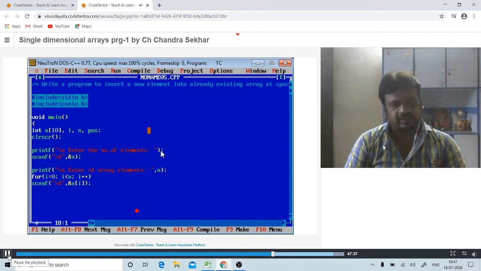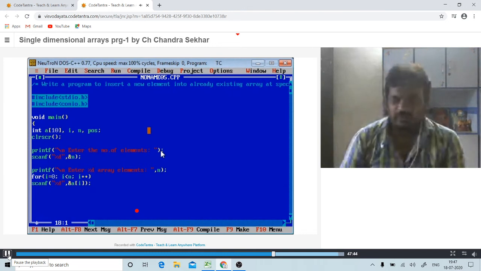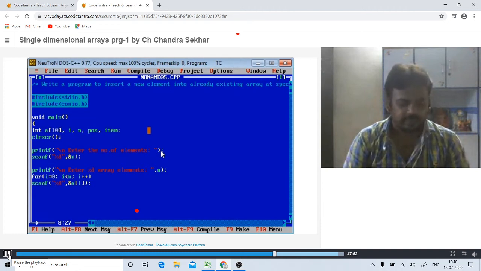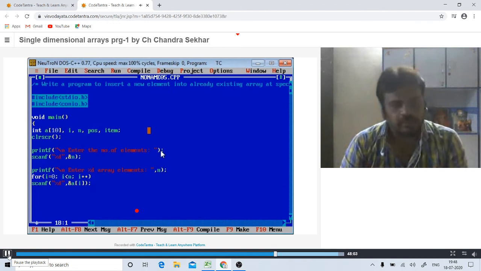Now to specify the position as well as the new element, item is the variable for the new element. After reading the array, we read two variables, position and item. Position is where we are inserting the new element. Item is the new element.